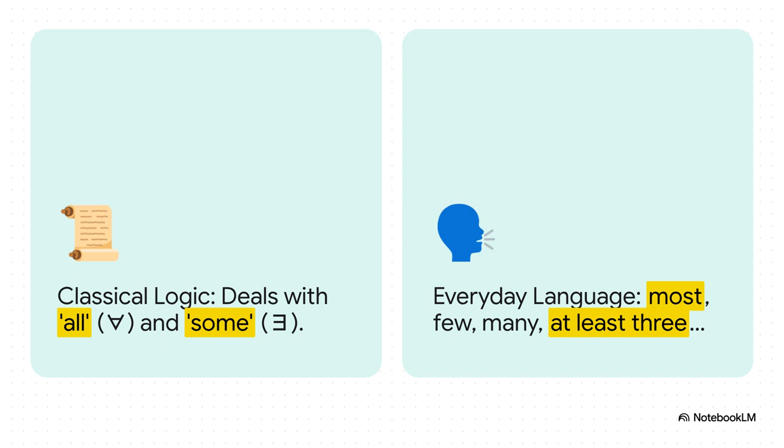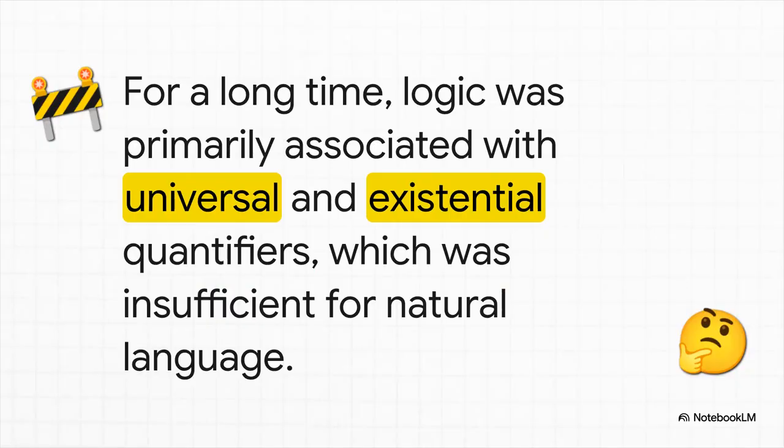This huge gap between formal systems and how we actually talk was a serious challenge. And look, this wasn't just some minor academic issue. This limitation was a fundamental roadblock. It meant that a huge chunk of what makes human language so rich and expressive was just completely outside the reach of formal analysis. I mean, how can you claim to understand language if you can't even get a handle on its most common words?